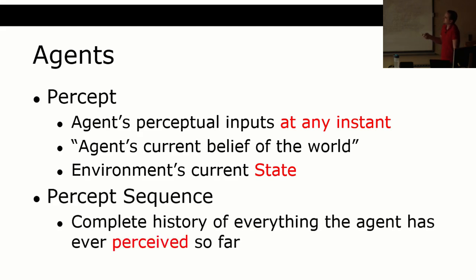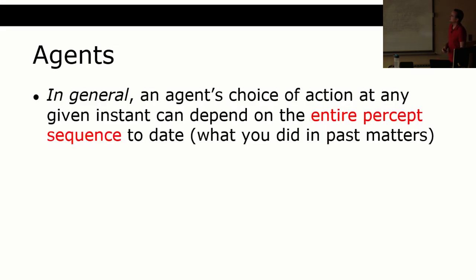And so if that's a percept, then a percept sequence is the complete history of everything that the agent has perceived so far, right? So taking everything that I've seen since the start of this problem, that is the sequence of percepts. You might call that the history so far in the problem. So in general, an agent's choice of action at any given time can depend on the entire percept sequence